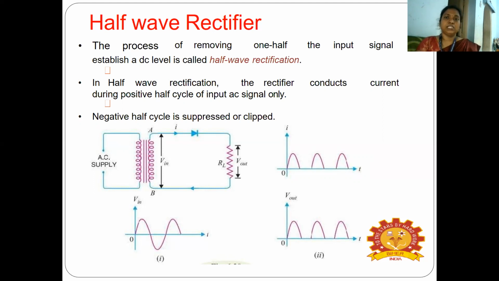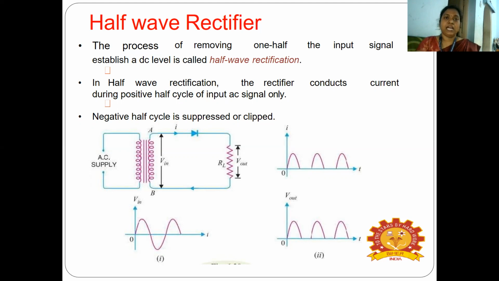We know the rectification process: you convert the AC to DC. And what are the different types of circuits we are going to follow? The first one rectifies only the half wave, and the second type is full wave rectification. Full wave rectification means you rectify the entire wave, and the output you get is also a full wave. And the bridge rectifier, depending upon the circuit configuration, we say that it uses a bridge, without a center-tapped transformer.